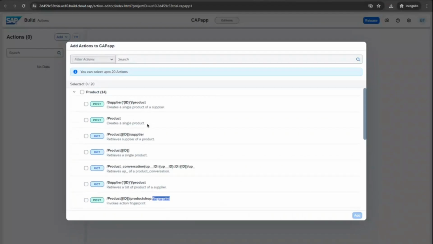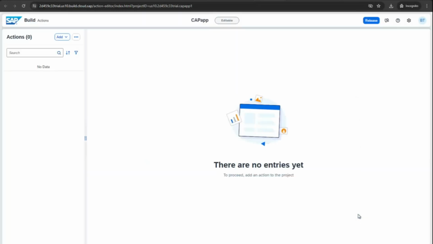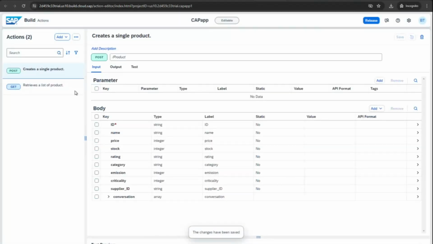So you can see here all the fields are there. I'm going to add a few things, like I wanted to create a new product. And if you want to get a product, you can also use that. Okay, two entities I'm going to add now. So I will create a product, I will receive a list of products, a lot of things I can do. Okay. Now, if you want to create a single product, you can do a lot of modification in your